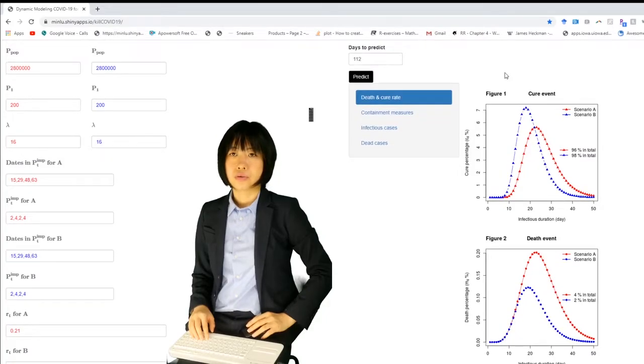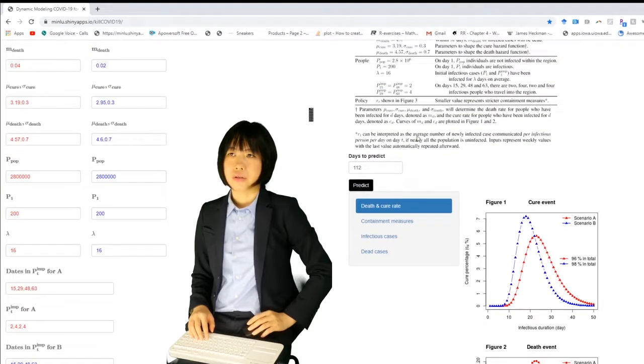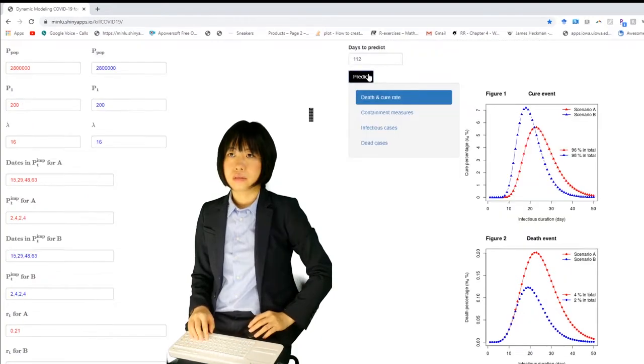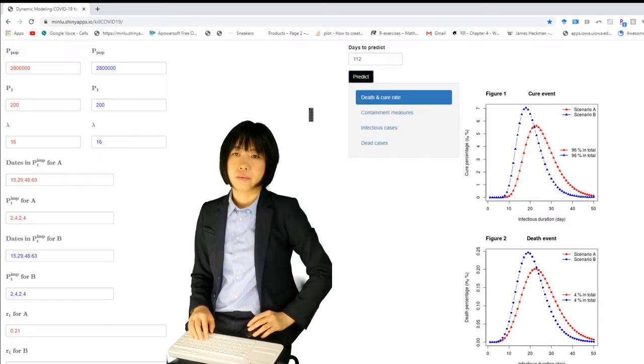It is also shown in figure 2 and figure 1. So basically within M days, M deaths percentage of patients will be dead, while 1 minus M deaths patients will be cured. So here we can see that in scenario B, mortality rate is lower, but we can change this and predict. So we can see that scenario B now also has the same mortality rate within M days, which is